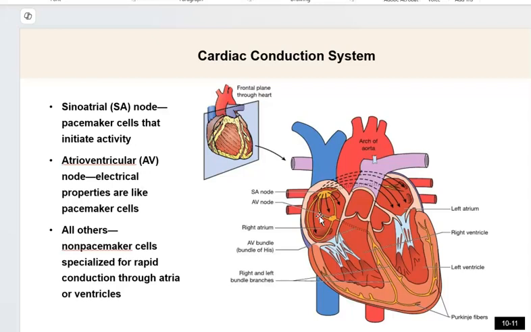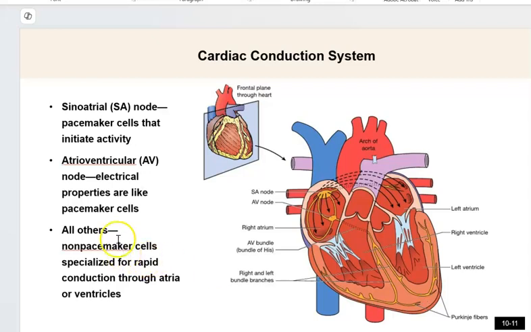So we don't see anything different in the P wave. It should look the same to us here. Then both of these potentials are going to come back together and go into the AV node. And then they go through the AV node down into the bundle of His, the AV bundle of His across here, down into the right and left bundle branches, down into the Purkinje fibers, and complete that. And that is one